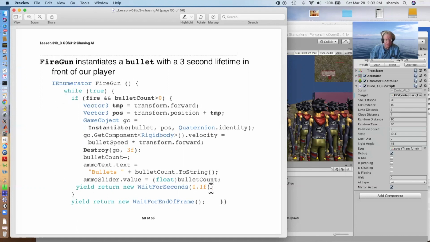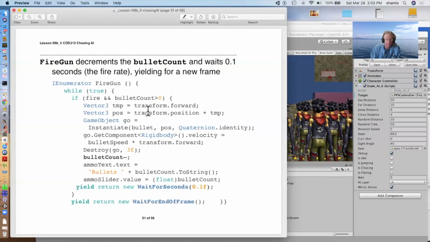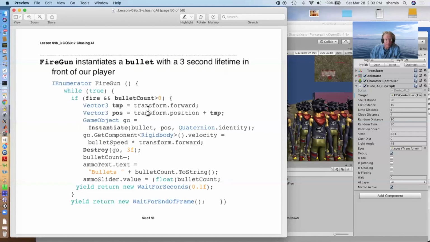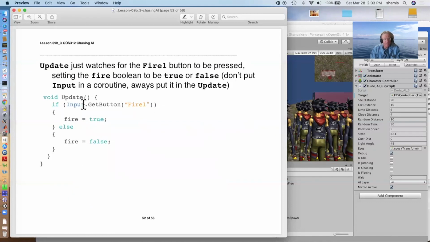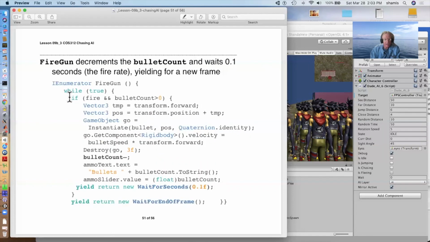It's an IEnumerator, it's got a yield of 1/10 of a second. And it's testing this fire bool and the bullet count to see whether it can fire a bullet. The fire Boolean is set in the update function. And so if the fire is true and the bullet count's greater than 0, I'm going to get my transform forward